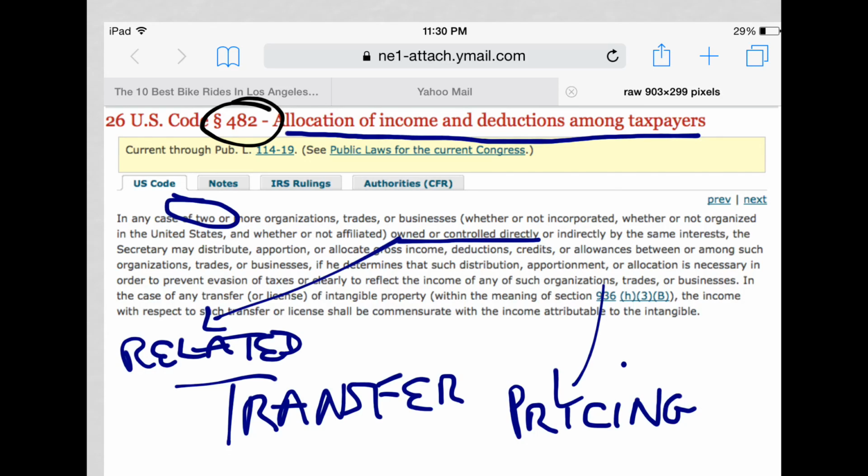And then it goes on to tell you that what the code section allows is it allows for the Secretary, which in this case is the Secretary of the Treasury and really the Internal Revenue Service, to distribute a portion of the deductions and the income and credits, etc., amongst these companies if he determines